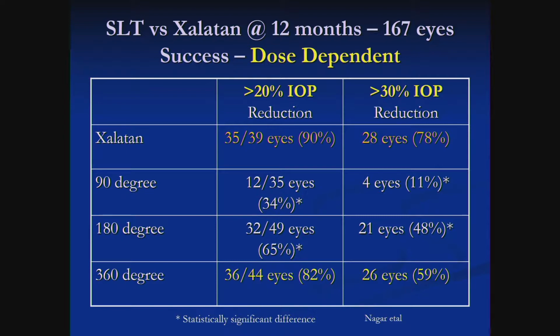And she nicely showed what you would expect: latanoprost has a 90% responder rate at 20% IOP reduction and about a 78% responder rate at 30%. There is a dose response to SLT. What she found, and what we ended up using for our further studies with 360 degrees of treatment, was effectively equivalent to latanoprost as primary therapy, with similar, not statistically significant, responder rates. So that's why I would like to say that 360 degrees of SLT is effectively equivalent to giving a patient